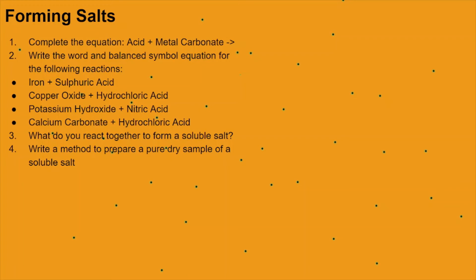The insoluble solid is going to be separated from the solution, so we have that insoluble base. It's going to be stuck in the filter paper, whereas the soluble salt is going to go through the filter paper and into the conical flask below. And when we've done filtration, we've got a pure sample of that salt. Well, not actually, no, sorry, I say pure, it's not pure, is it? Because we have both water, which is our aqueous solution, and the salt dissolved in the water. So what we're going to do